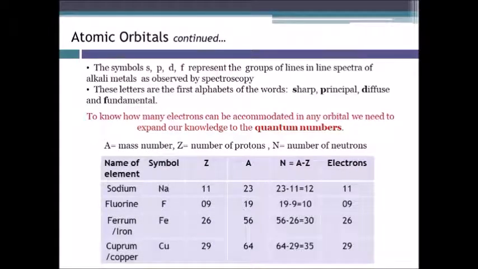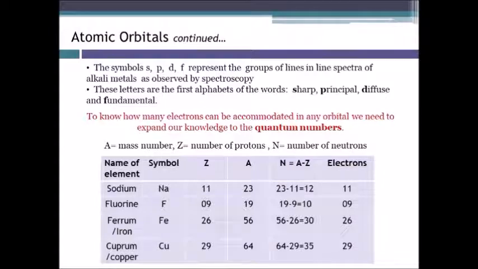Now the symbols which we said, S, P, D, F, represent the groups of lines in the line spectra of the alkali metals as observed by spectroscopy. These letters are the first alphabets of the words sharp, principal, diffuse, and fundamental. What is that? We said they are the words used to describe the groups of lines in the spectrum of